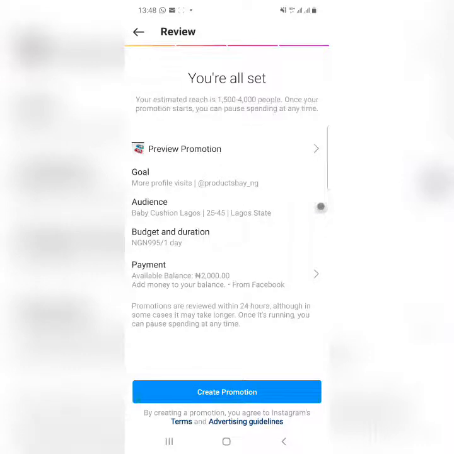You don't necessarily need to put money or fund your account on Instagram. If you have already funded it on Facebook, you can spend from your Facebook. But of course, you can still fund your account from Instagram. So if I clicked on this, you just say